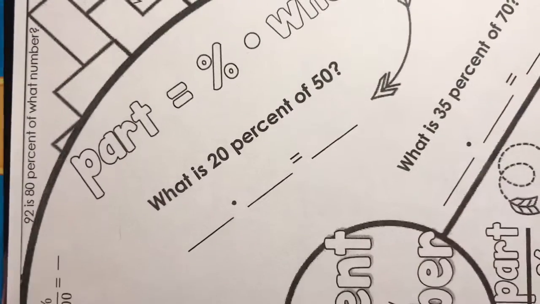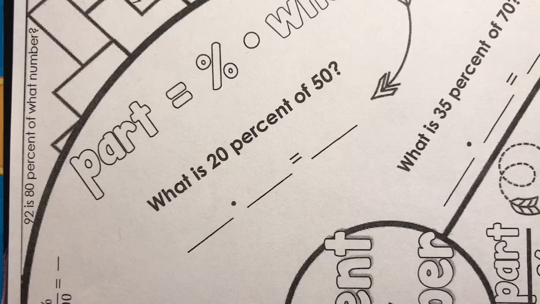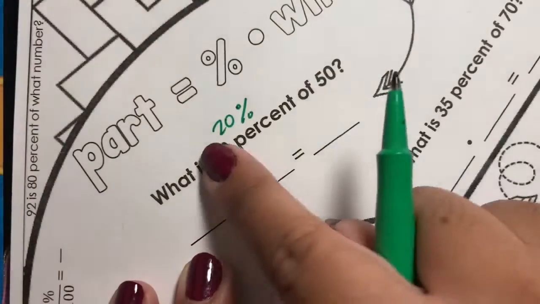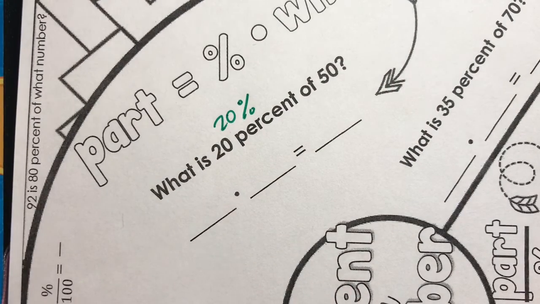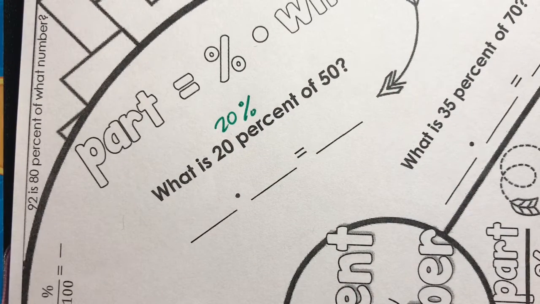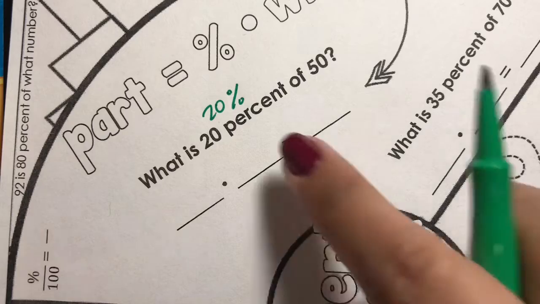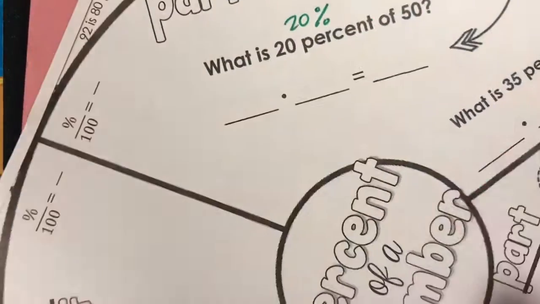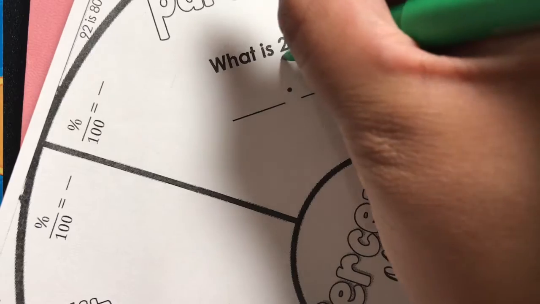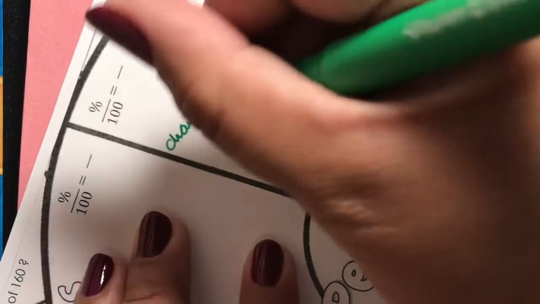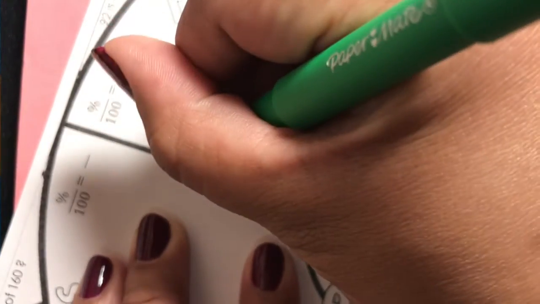So what is 20% of 50? Or if you'd like to write it, you can write 20% of 50. So in order to find 20% of 50, first thing we need to do is turn the 20% into a decimal, okay? Because you can't just say 20% times 50. We have to turn this percentage into a decimal. So I'm going to draw a little arrow here and write down change to a decimal,